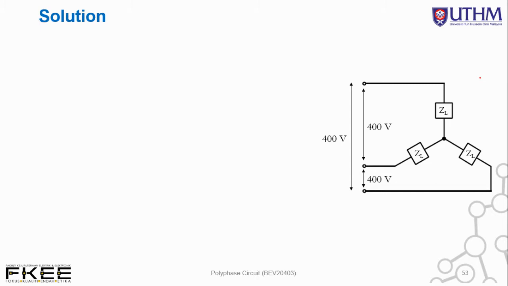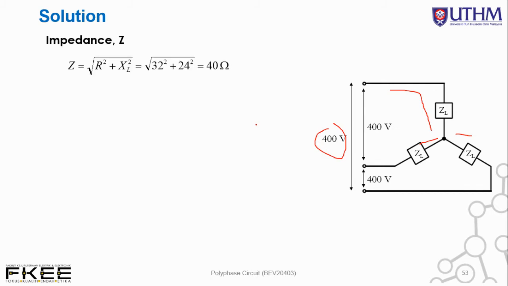So this is how it looks like. You have the supply of 400 volt and the load are connected in Y configuration. And the first solution is to figure out the value of impedance Z. So where Z equals the square root of R squared plus XL squared. So you just substitute the value of R given in the question, XL also given in the question. So you will get Z equal to 40 ohms. So this is according to